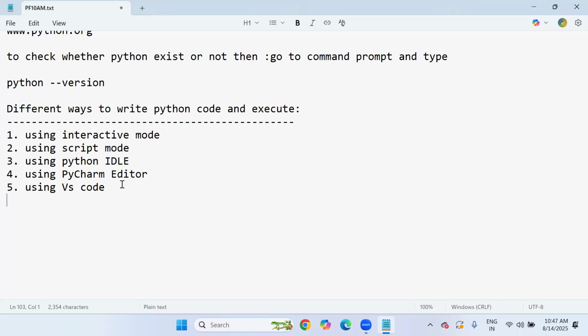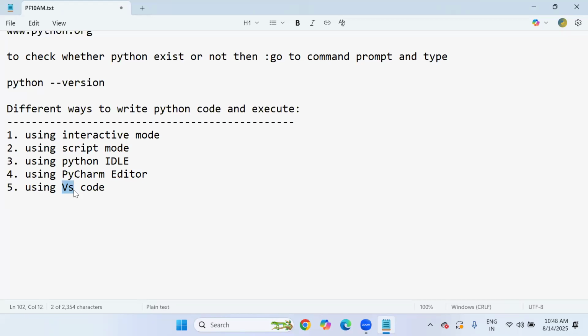I will show you all the different styles of writing and executing Python code, and which editors are the best. According to me, I can suggest to all my students that the PyCharm editor is the best tool. You will understand in tomorrow's session once I launch the PyCharm editor and VS Code also,